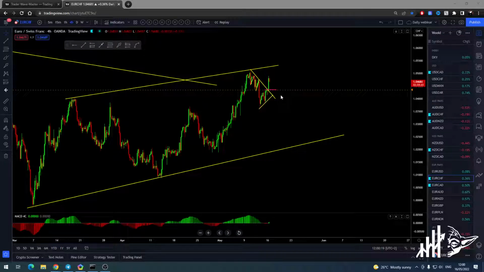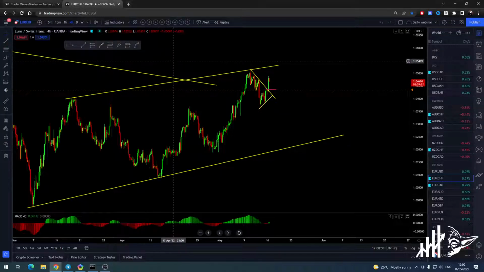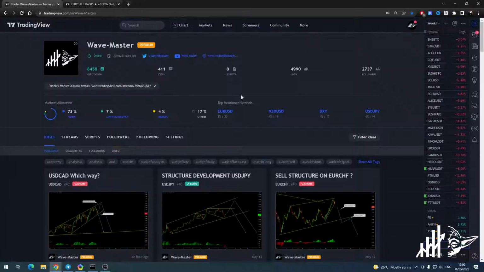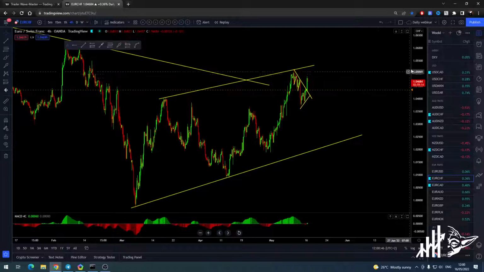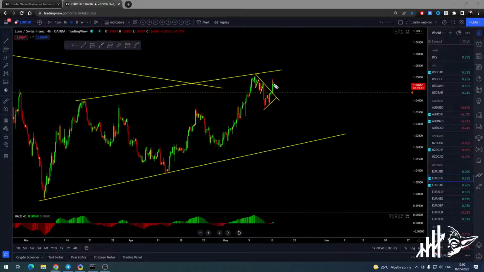That ain't gonna work, because you need the rules. You need specific rules: how you will enter, why you will enter, where you will enter, when you will exit, where your stop loss will be. Okay, these are all the rules you need before you will enter the market. If you don't have those kind of rules, this stuff will not work. Okay, you cannot just sell because we are anticipating the sell. You need a setup, you need an entry strategy, and based on that you will be able to trade it. Otherwise, forget about it.